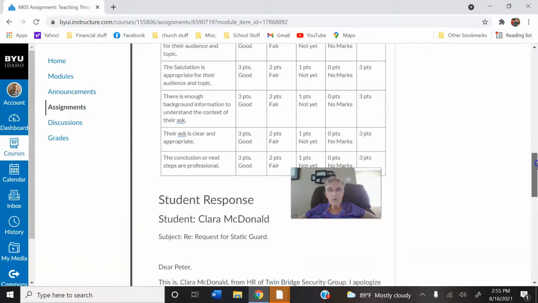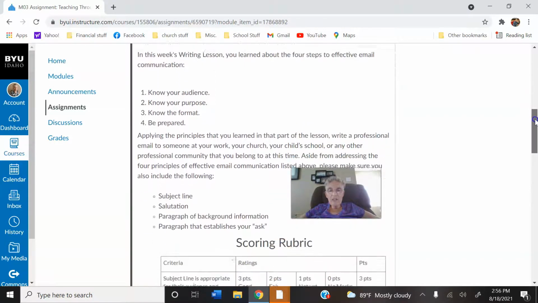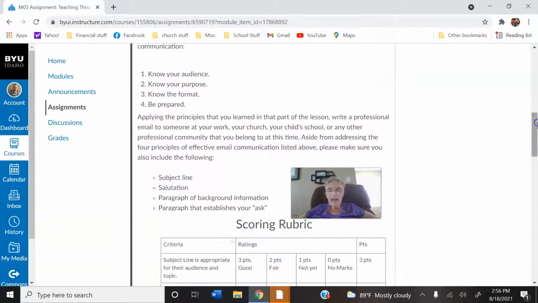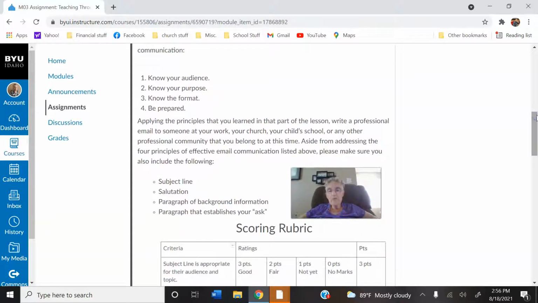If you look at the rubric, it shows you what kind of things you're needing to have with this. So I'm going to go over each part of the rubric, and then I'm also going to give you a handout, a physical copy of some things that you might do.